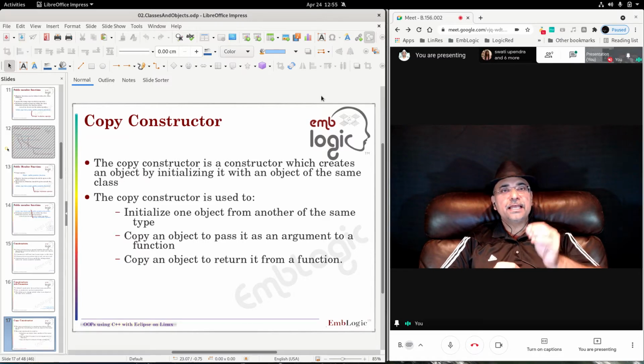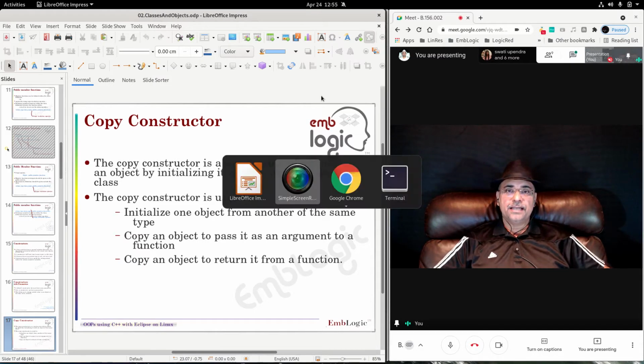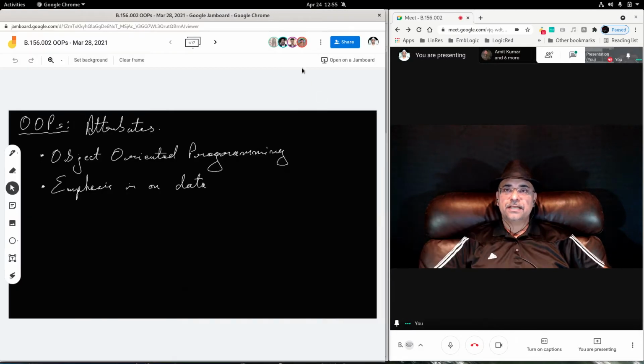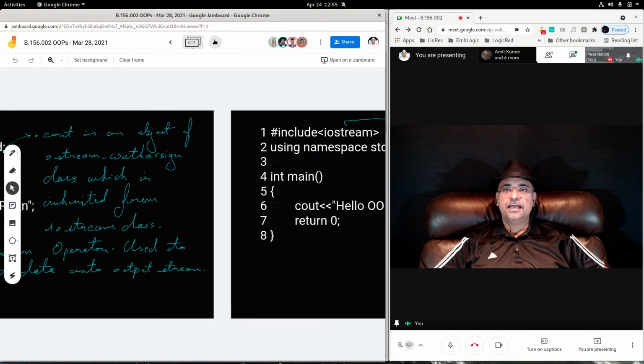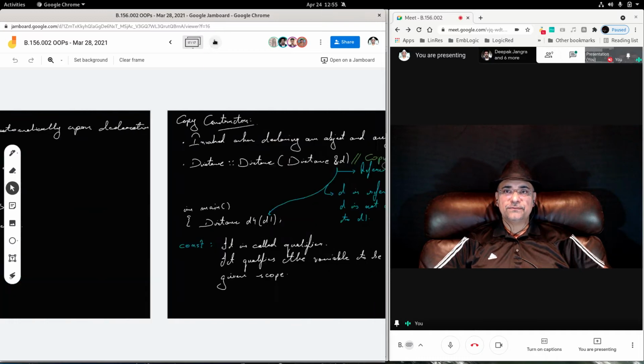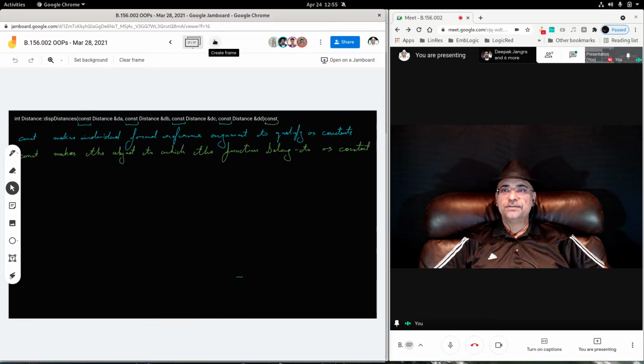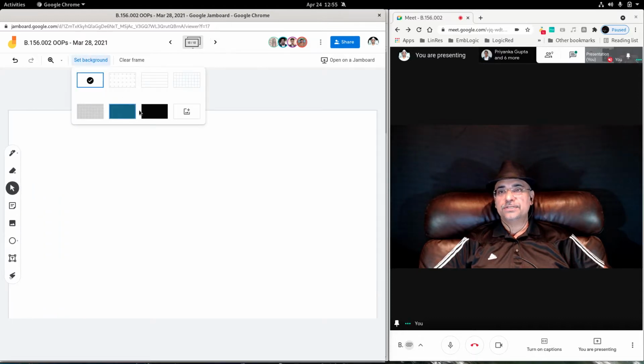That means when you are declaring a new object, at the time of declaration you are assigning the new object a value that is coming from some previously declared object.